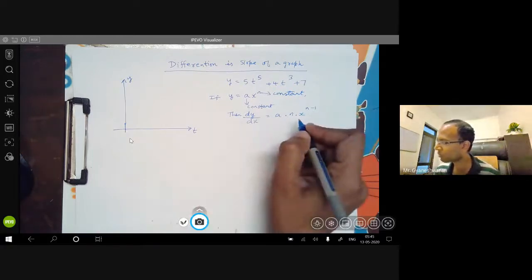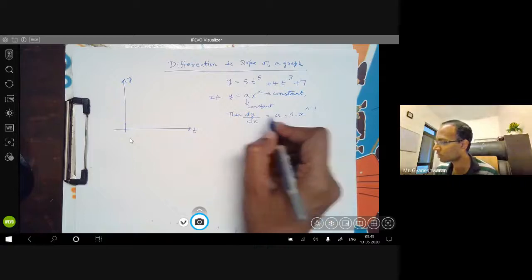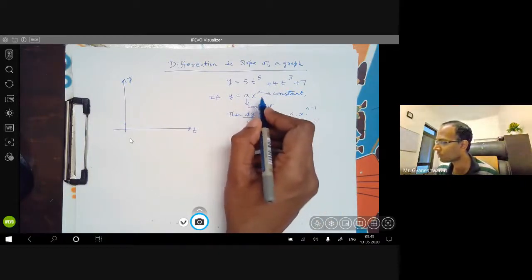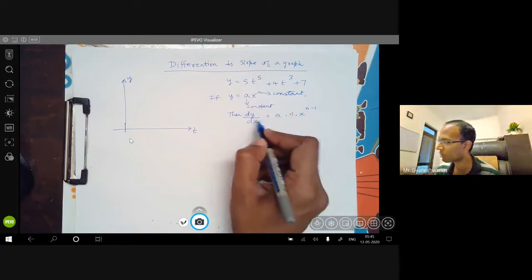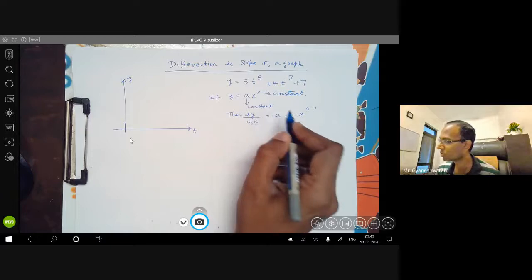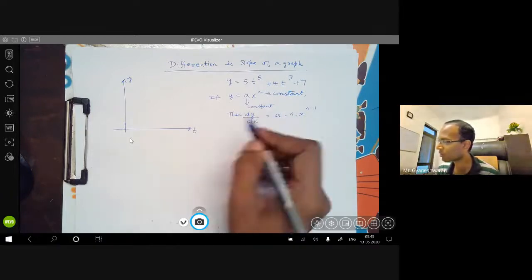This is just one of the rules of differentiation for a function of the form a x^n. If you have a function of some other form, the result of the derivative will be some other function. So we just have to use those rules blindly and we can get along with our